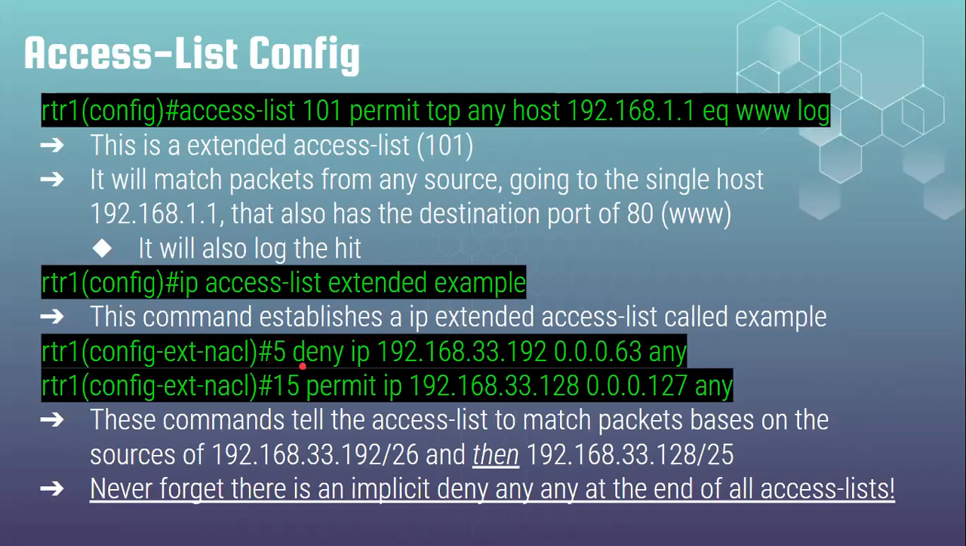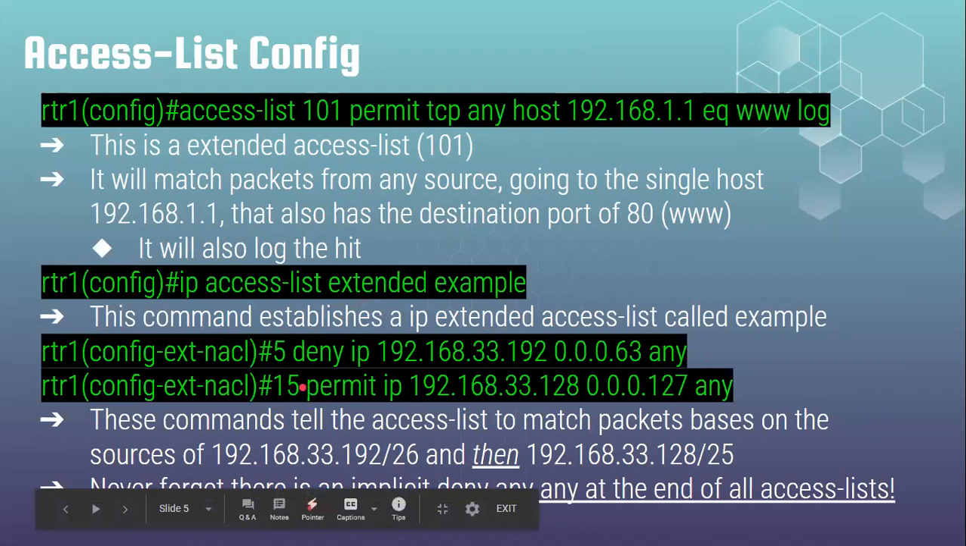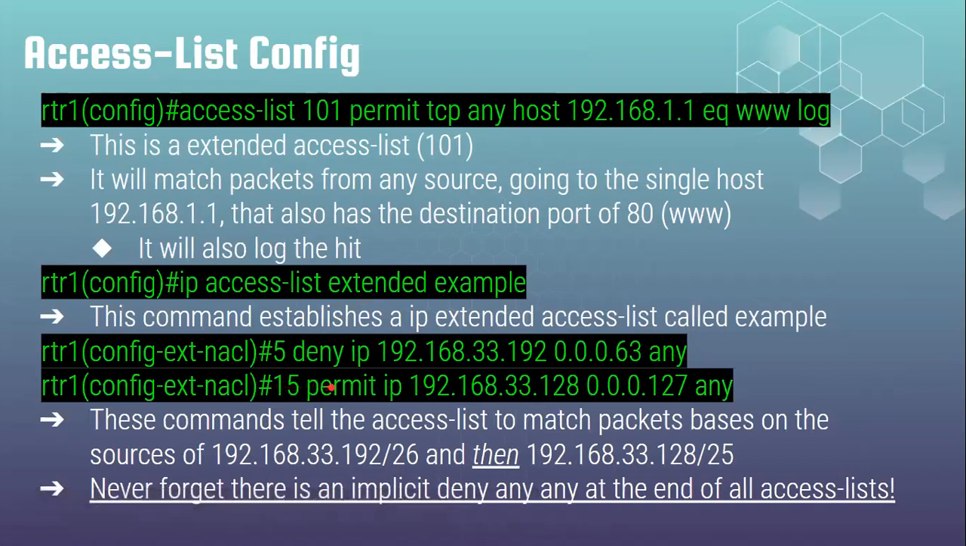They're going to leave gaps in between, that way you can stick things in between. That's the whole point of line numbers. All right, so the next line, I've got 15, that's my line number. I'm going to permit the IP